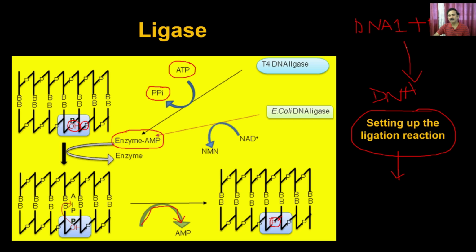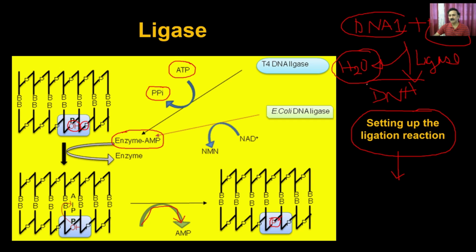Which means this is actually going to give away a water molecule, and this is being done in the case of ligase, right? So there is a dehydration reaction, which means this one and this one is actually going to lose the hydroxyl group as well as the H plus, and that's how it is actually going to generate the DNA.